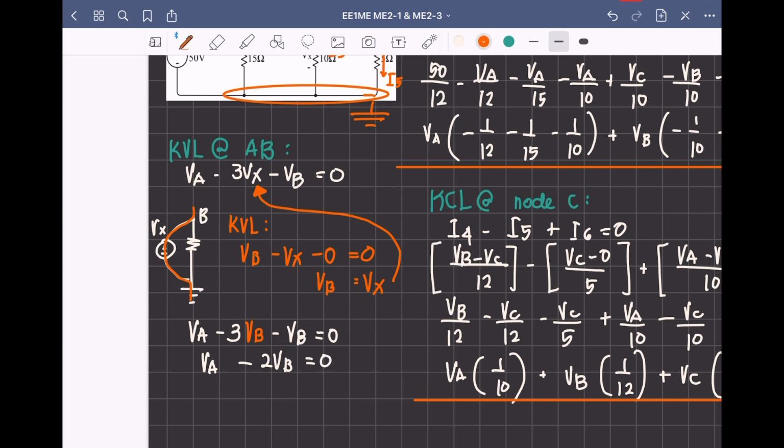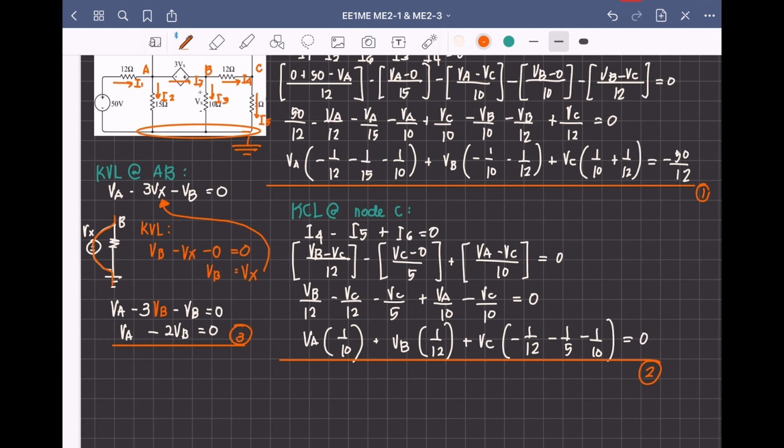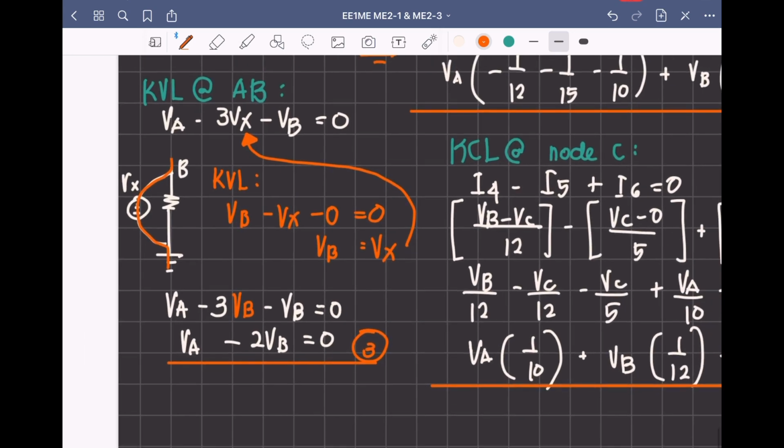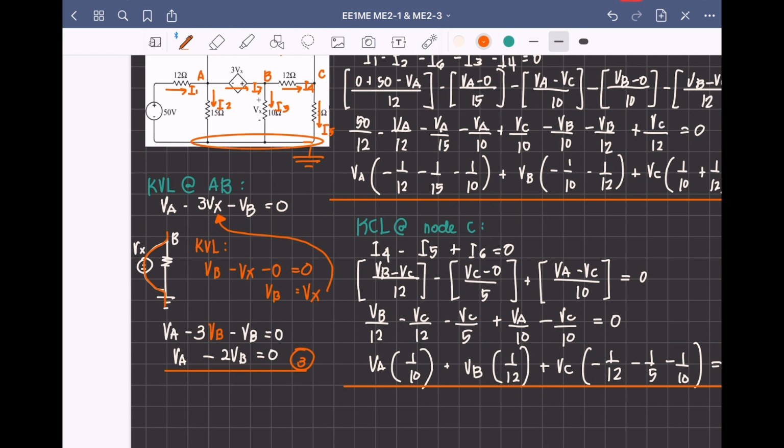And I'm going to underline this as our official third equation. So you have to pause the video again, and then press these equations in your calculator, 3 equations, 3 unknowns, to solve for VA, VB, VC. But while you're doing that or before you do that, let me just explain yung style ng pagkuha natin ng equations